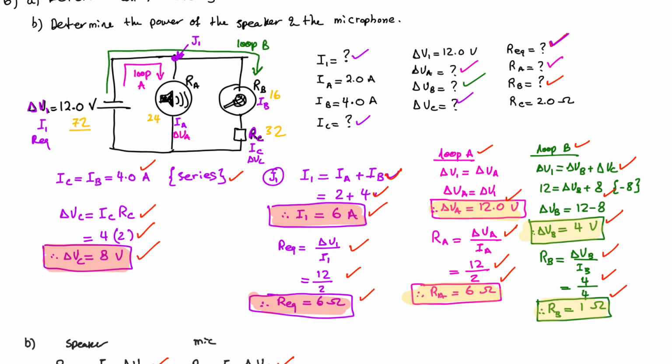Once that's done, look for the loops and look at how energy is being transferred, how electrons are gaining energy and how they're losing energy, and that will give you information about the potential difference. And if that's not helpful enough, then look at how current is split and look at the different junctions. Just picking one junction is good, and look to see that the current that's coming into the junction from the battery is the same as the amount of current that's being used by the loads. And that's how you would solve these